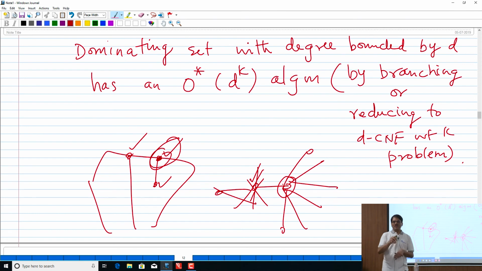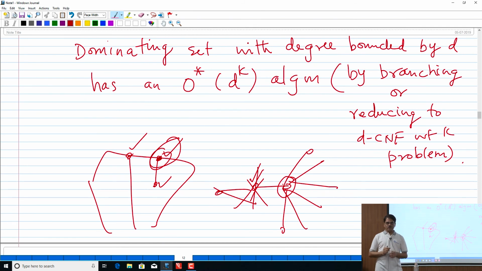But there are ways to handle it by using some coloring terminology. You can say in my graph there are some vertices which are colored green, and just dominate the remaining non-green vertices. So you use the green vertices to dominate others if you need, but green vertices do not need to be dominated. So you can use some coloring and do all that. Okay, so coming back to my question of bounded degree graphs,